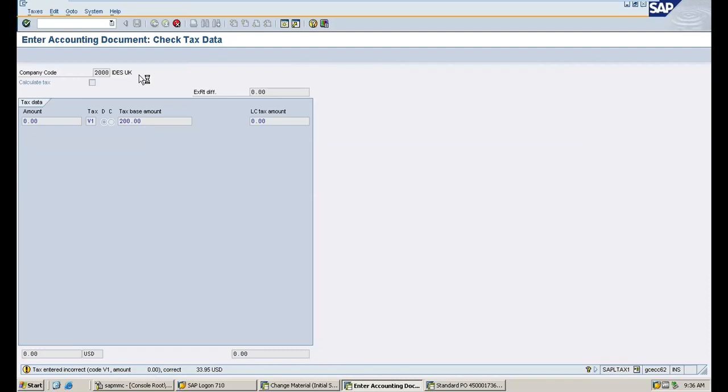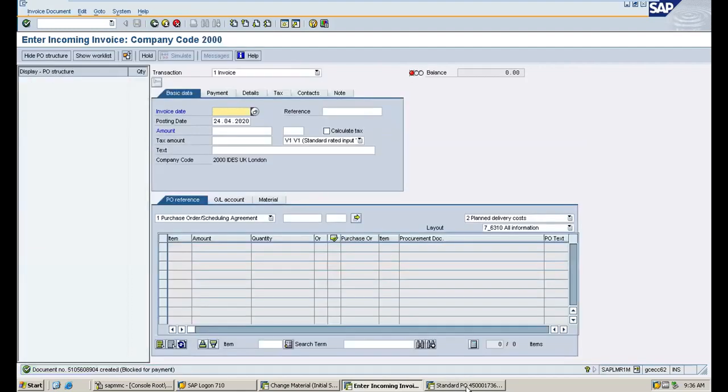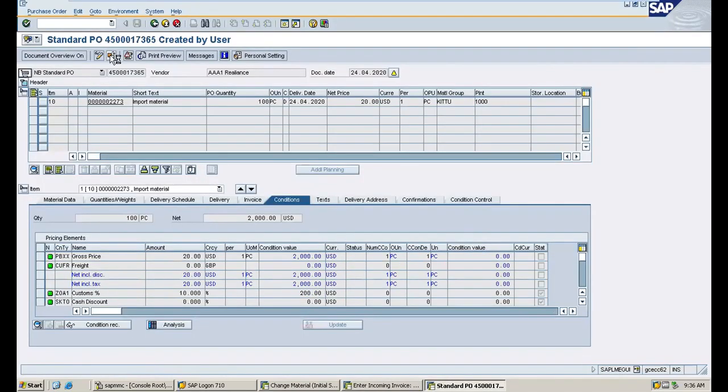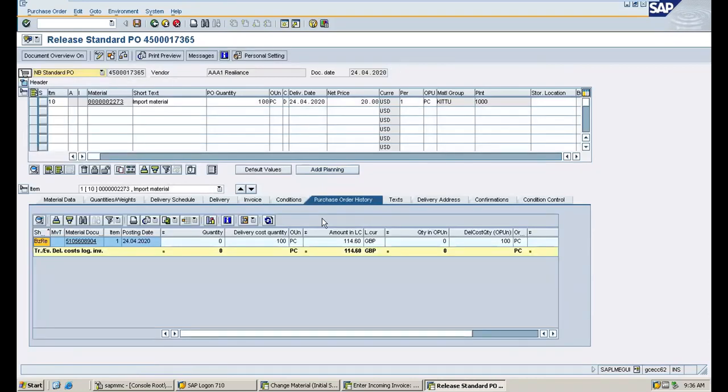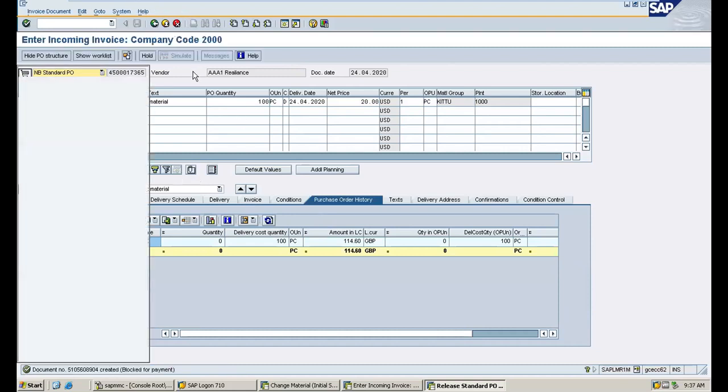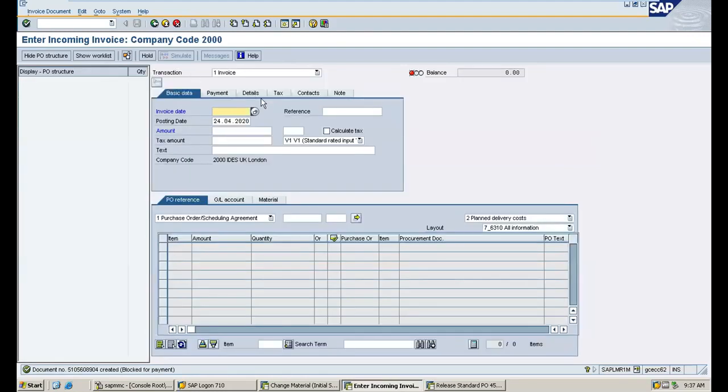Normally, the system will not accept the invoice before posting the goods receipt. As there is no GR-based IR check in the purchase order as well as the vendor master record, the system is allowing an invoice receipt before posting the goods receipt. Okay, the document has been posted. And if you see here, the currency exchange was there, so it is taking 114.60 GBP, to maintain the exchange of currency so that the vendor will get paid with respect to the currency of the